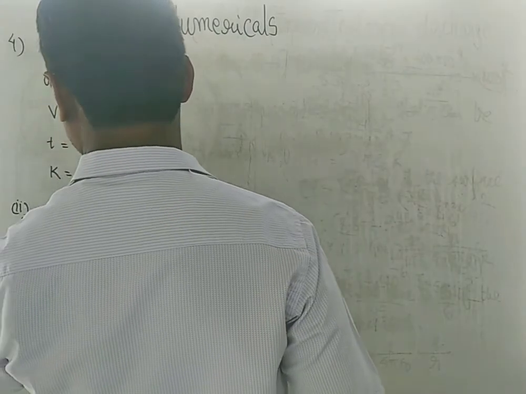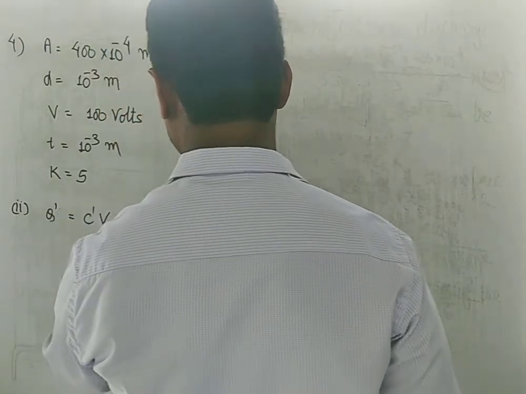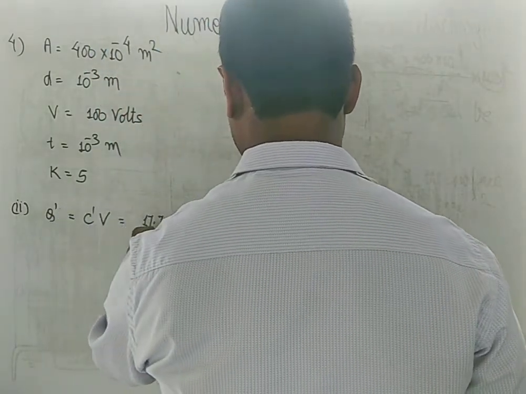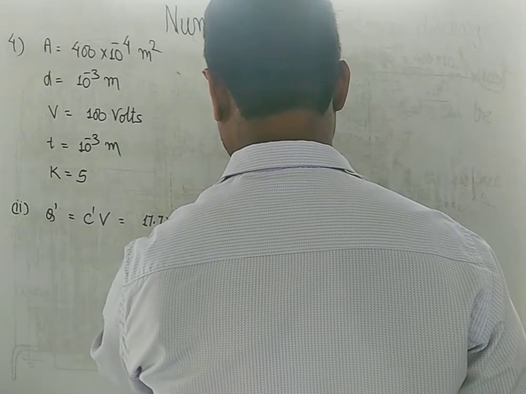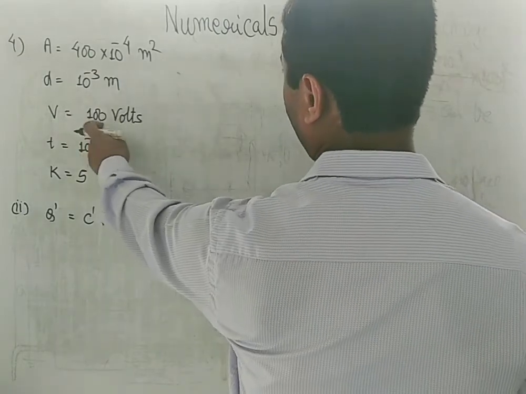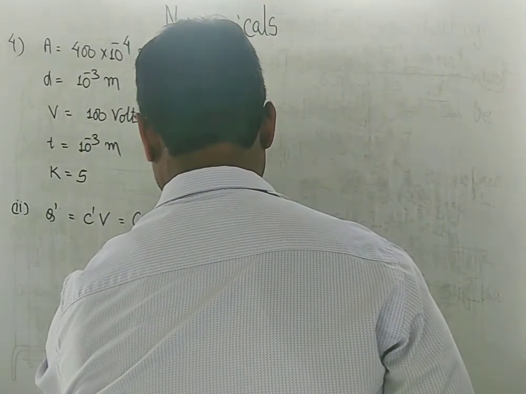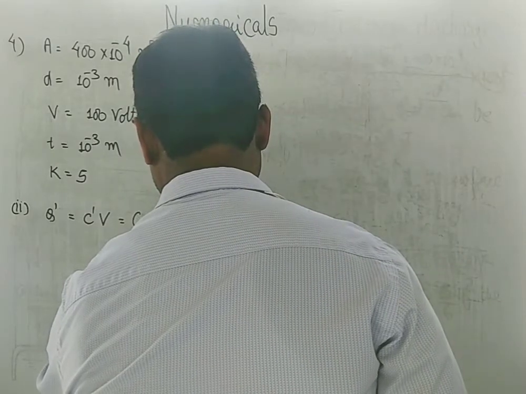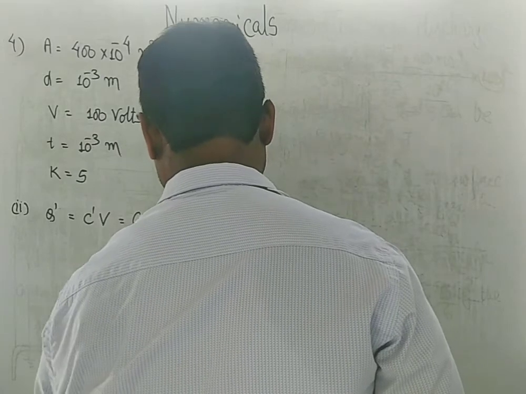Q dash equals C dash V, which equals 17.7 into 10 to the power minus 10, the value of C dash, into the value of V, 100, which gives around 17.7 into 10 to the power minus 8